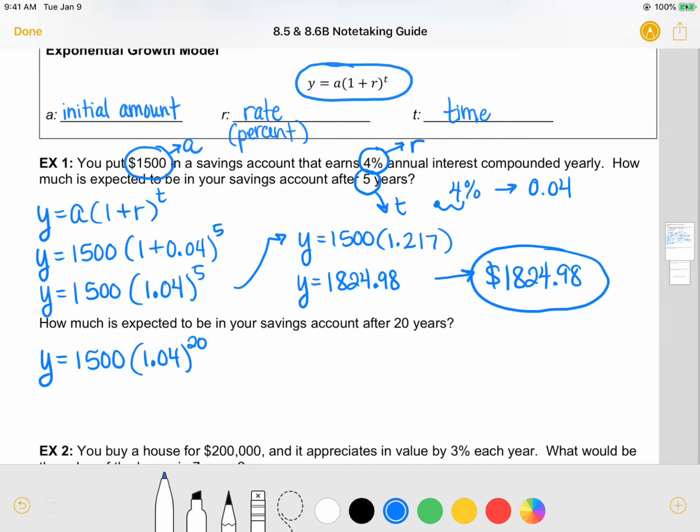So what we'll do is we'll take 1.04 and we will raise it to the 20th power, and that's going to give us 2.19, and then we'll multiply that by 1,500, and that's going to give us then 3,286.68. Okay, so that means that after 20 years, we will get